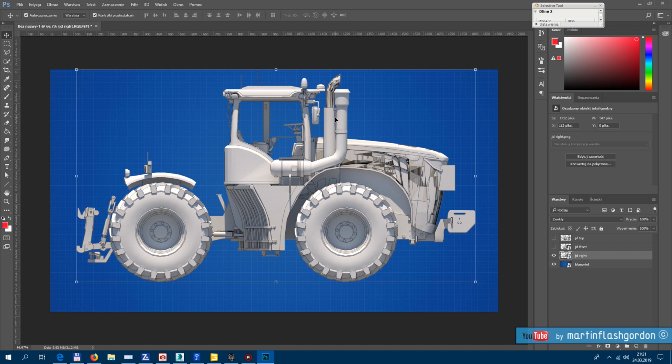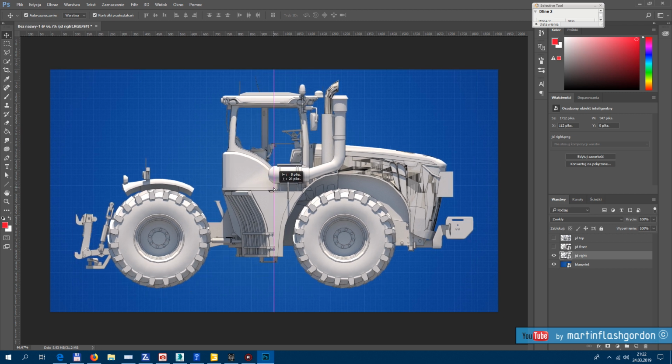If you want me to show you how to make such an exporting and how to start placing them in 3D Studio Max to start modeling, let me know. I will make the video. But now we will just continue to make this blueprint. So we select the layer with right view,